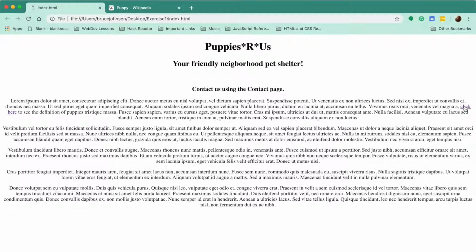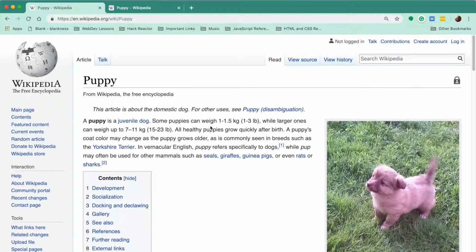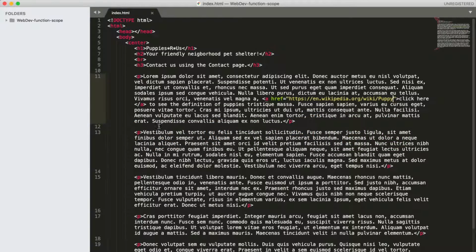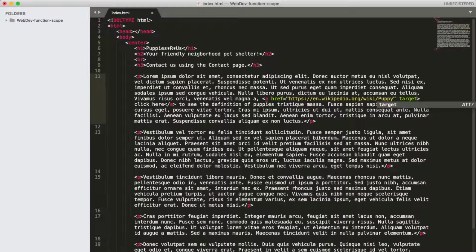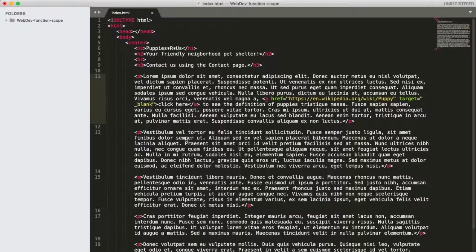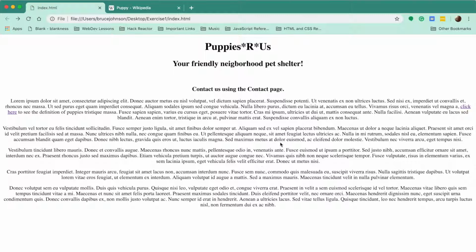Cool. So I'm going to go ahead and click it. Oh no! Where's our page? I think we want it to open in another page. So we're going to use another property, and this property is called target. We're going to say target equals, quotation marks, underbar blank. And all that means is it's going to open in a new blank tab so that it doesn't overwrite our